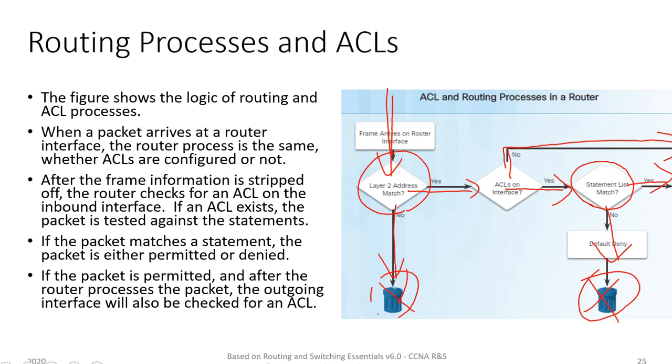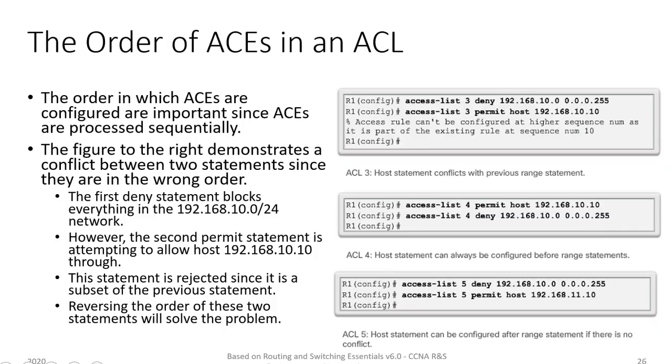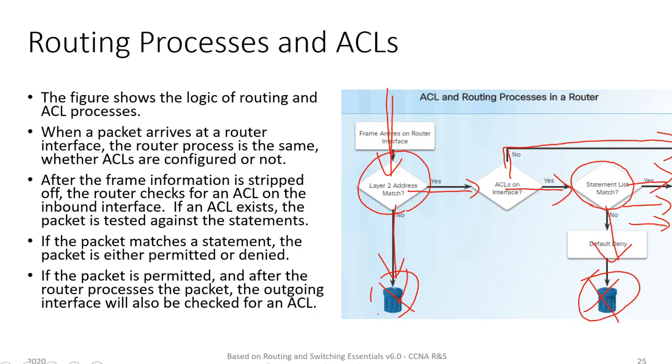Only after that point will it go to the routing. So before it reaches the routing decision making with the routing table and all these things, it will first have to be checked with the inbound access control list before it can be permitted into the router. Then at the other end, once the routing decisions have been made and it goes to an outbound interface, the outbound ACL rules will again be checked before it is forwarded through the interface to other networks.